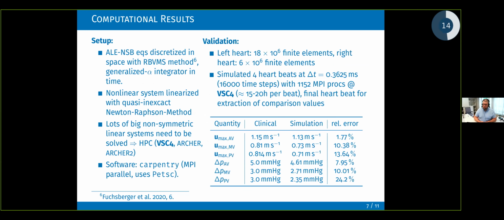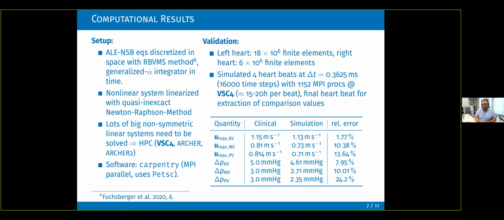Okay, putting that all together, to discretize this Navier-Stokes equation, we saw already in the talk from Professor Kenji Takizawa, we use basically also a variational multiscale method. And in time, we use the generalized alpha integrator. This produces a highly nonlinear system that we need to linearize. We try also to use every trick in the book to make the Newton become faster. So we use a quasi inexact Newton-Raphson method with Jacobian freezing and some other tricks to make the assembly time of our